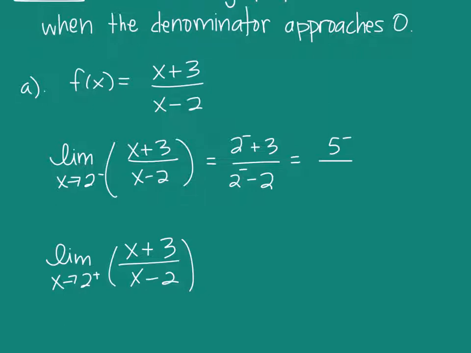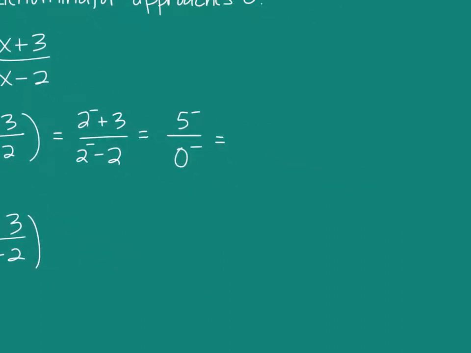2 minus minus 2 gets me close to 0. Which side of 0 will I end up on? Something smaller than 2, and I'm taking away a full 2. So where will I end up? 0 minus. Now anything divided by 0 is going to be infinity, but I just need to know what kind of infinity. Is it positive or is it negative? Are these 2 negative numbers? No. We've got 1 positive number on the top and a negative number on the bottom. 0 minus is a negative number.